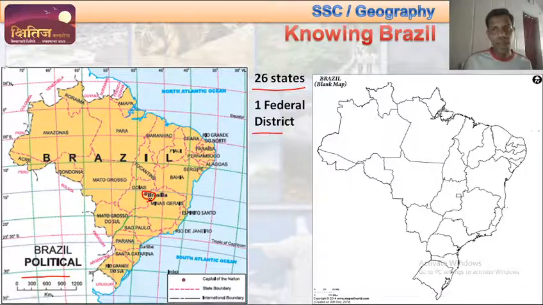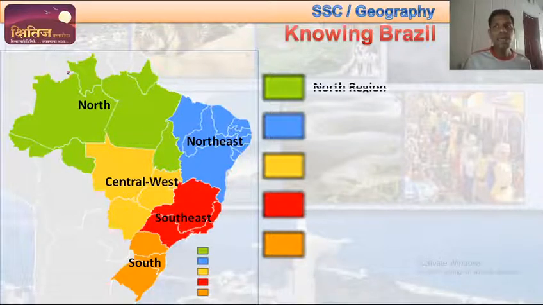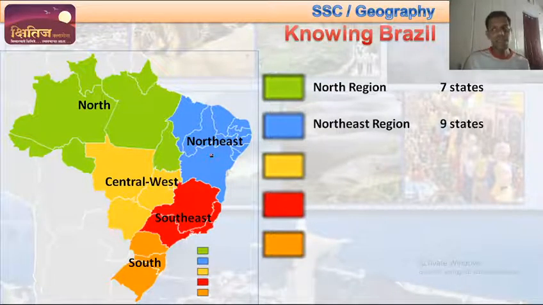Okay, so let's start. First, what we have done is we have divided Brazil into 5 different sub-regions, because studying the names of the states region wise will be much easier. So the first region, as you can see, is the region shown in green color. It is the northern region or north region of Brazil, and there are 7 different states in this region. The next one is the blue one, which is the northeast region, and there are 9 states in the northeast